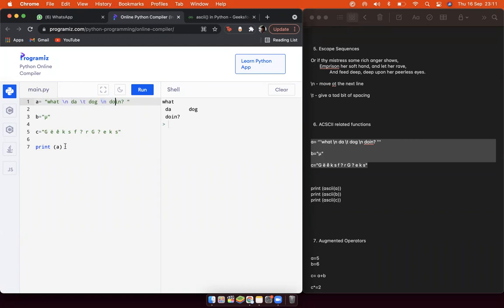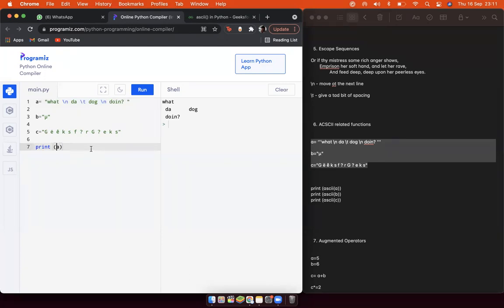So this is how it is. But what if you want to print out exactly what you have written, including the backslash n, backslash t, backslash n? You need all of that, and you don't want these to carry out their function.